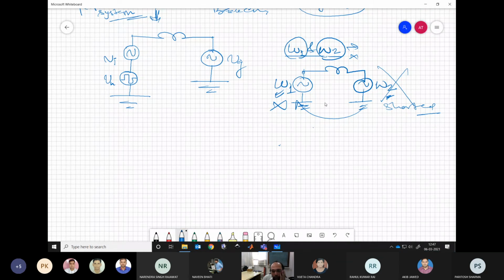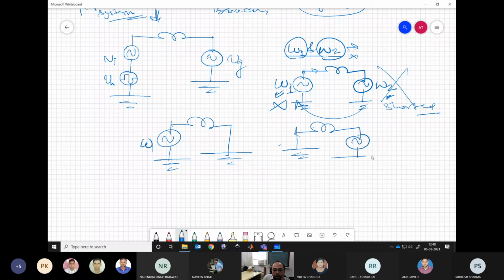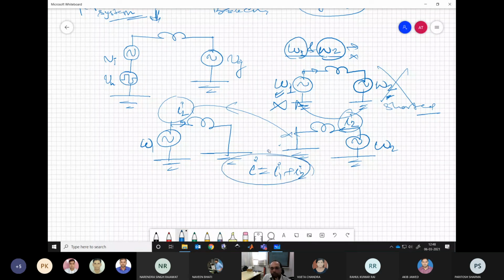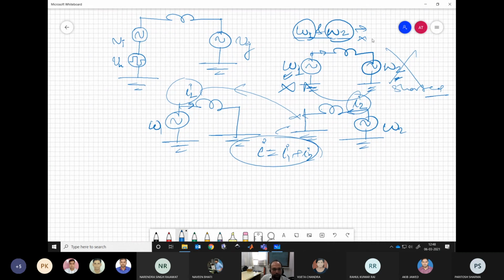So if we have to compute the current in this system where we have two different frequencies, we can simply apply superposition and we can have a circuit for the omega 1 and for the omega 2. Now the current corresponding to 1 and current corresponding to 2 can be computed independently, and then you can add these two. So the total current would be I1 plus I2. So this is the meaning of no interaction. Now this is what we will use in this system also.